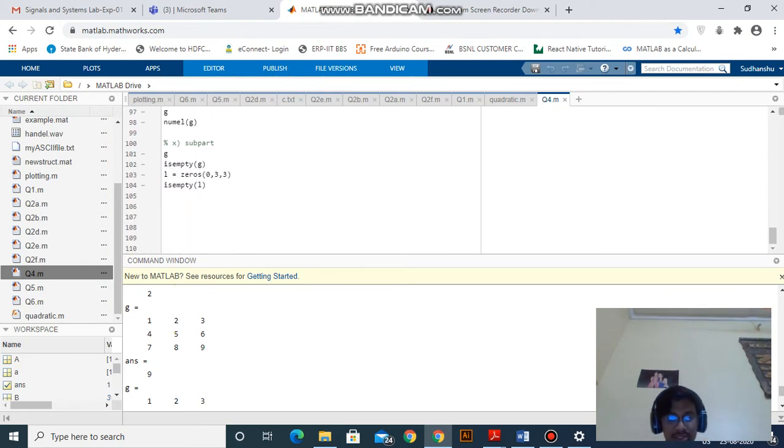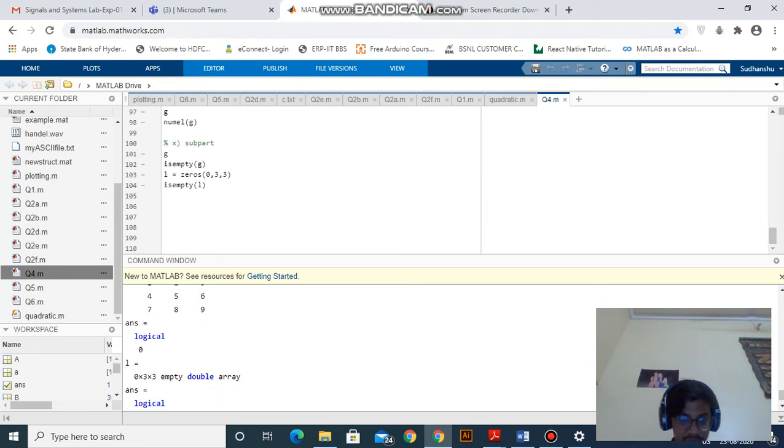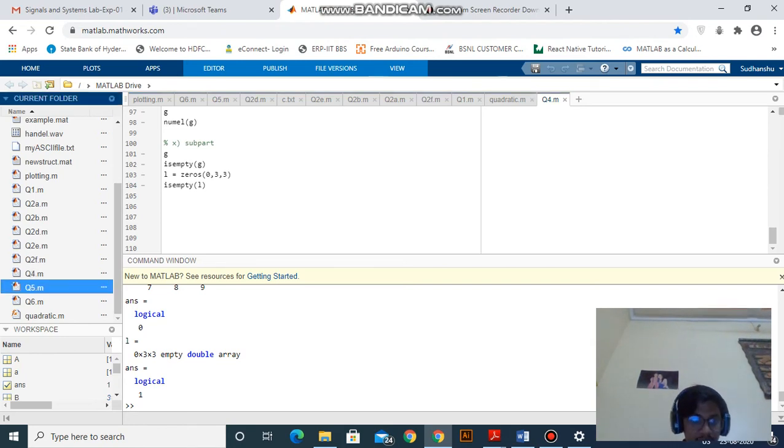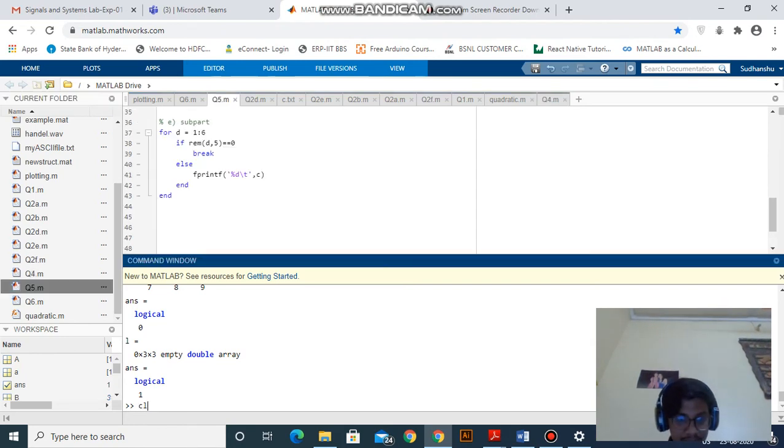The isempty command is used to check whether the matrix is empty or not. So here we have provided G, which is a non-empty matrix, so output is 0, which means false, and L, as we can see, is a 0 matrix, has a dimension 0, so output is 1, which means true. Now next we'll be looking at